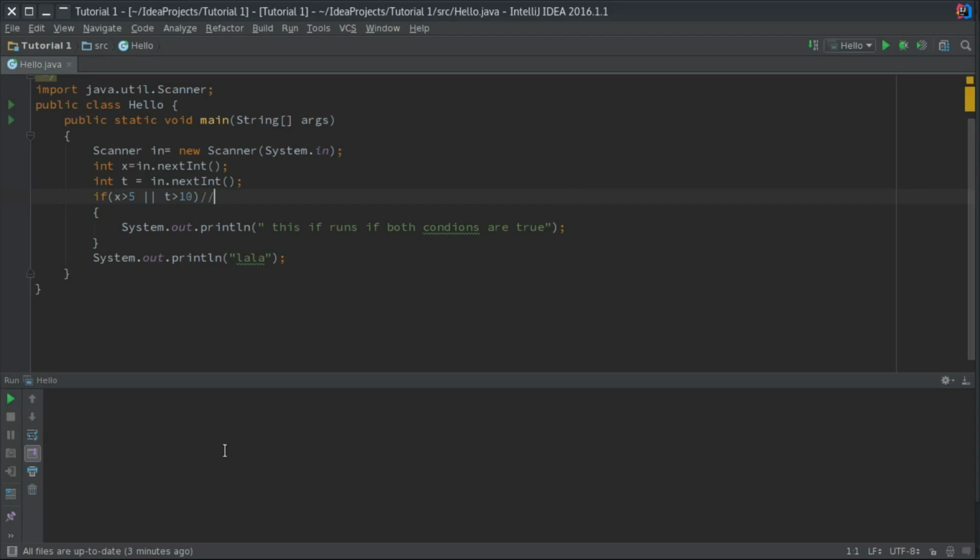Let me just clear my console over here. And in this video we are going to see logical operators, which are the OR, the double pipe symbol, the symbol which you can type by pressing shift and the slash key above your enter. You get the pipe symbol. The double pipe means the OR,